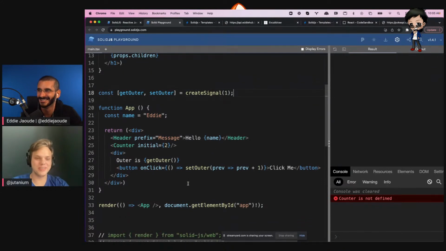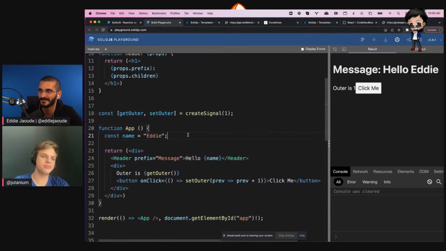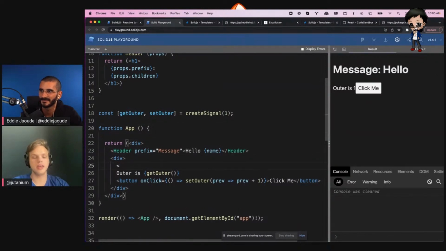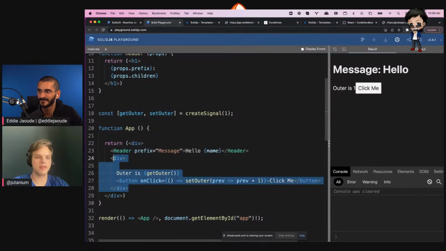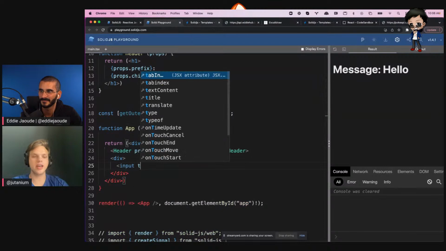Yeah. All right, we're not gonna use counter. We're gonna instead create an input. We don't need any of this. We're gonna do an input and a... oh, we don't even need a button. All right, input type equals